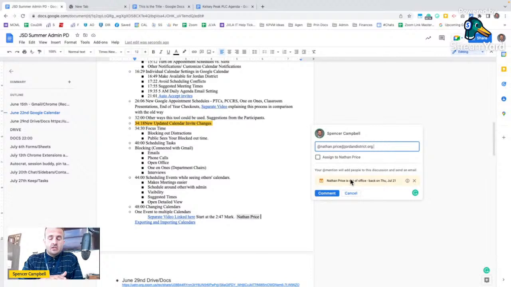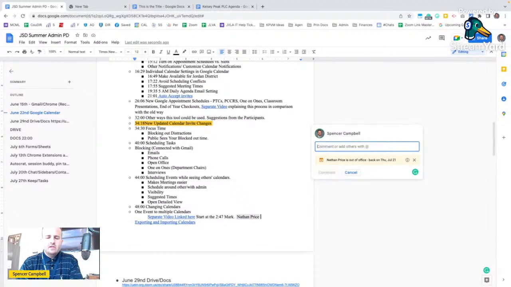But what this initially does is this triggers an assignment that goes to whoever you assign, whoever you add on the name chip, that you want them to specifically do this task. When you do this, it goes to their email box, their inbox, and they have a task sitting there until they're done with it. They can either edit it in email, right, in Gmail, or they can come to the document and make that change. And when they make that change, so I'm going to add something to myself just so you can see this